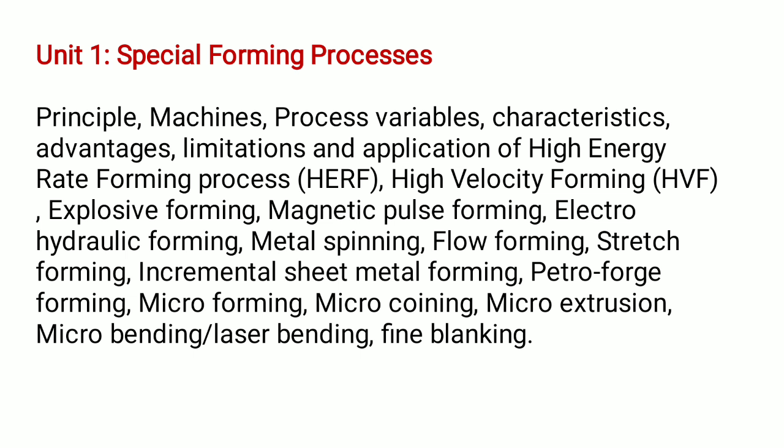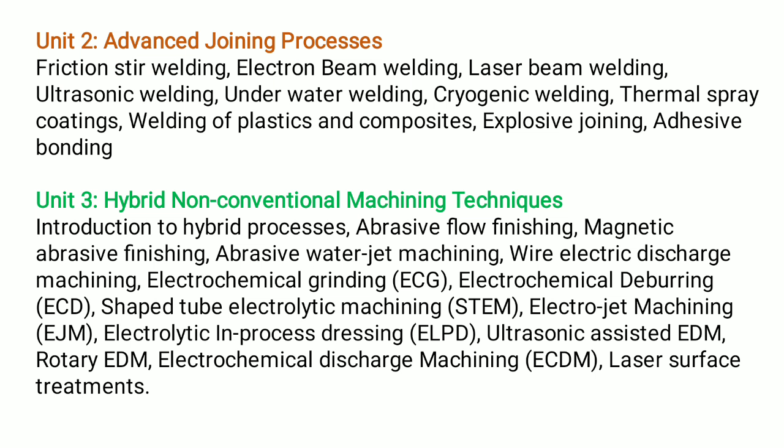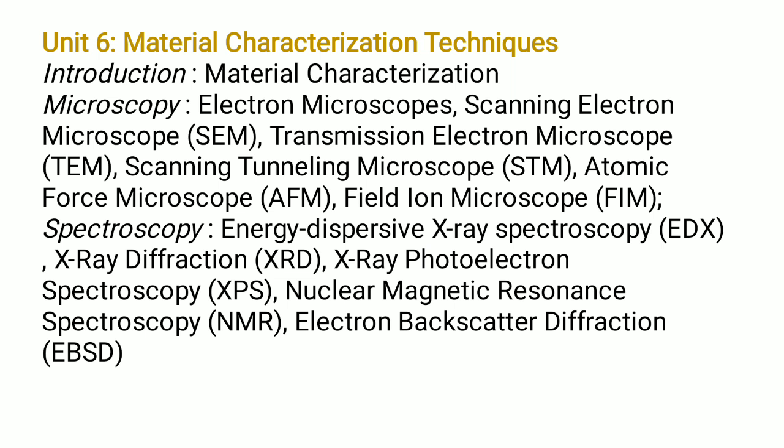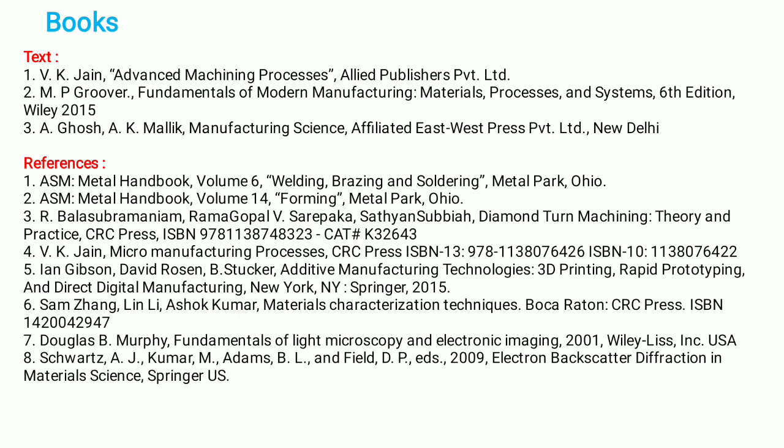The first unit is based on special forming processes. The second unit depends on advanced joining processes. The third unit depends on hybrid non-conventional machining techniques. The fourth unit depends on micro machining and nano fabrication techniques. The fifth unit depends on additive manufacturing processes. The last unit, number 6, depends on material characterization techniques. There are some textbooks and reference books for this